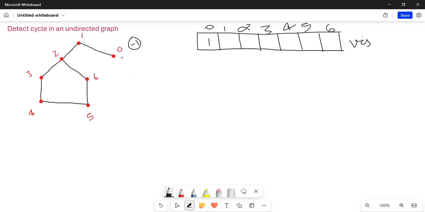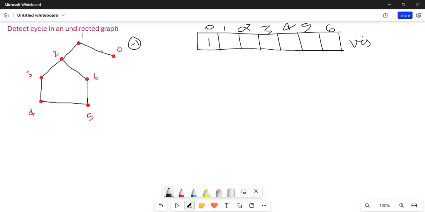Now 0 will try all its neighbors. 0 has only one neighbor, so 0 tries 1. Is 1 visited or not? Here 1 is unvisited, so 0 can call 1.